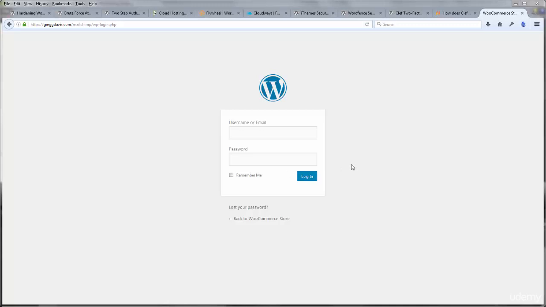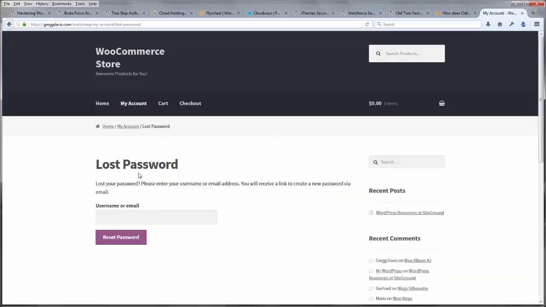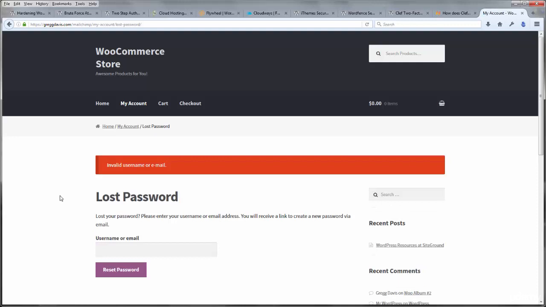Now, put yourself in the place of a hacker. If you came to this site and you wanted to try and guess the login for someone's site, you might try that admin username at first, but what if you wanted to try and guess someone's username? You could go to Lost Your Password. We have a special WooCommerce store lost password page built into our theme right here in the Storefront theme. But if I place any kind of a username or email address here and then click Reset Password, I should get an error message. Now, this error message tells me that that is not a valid username inside of this